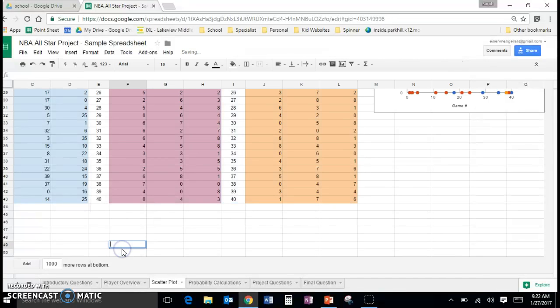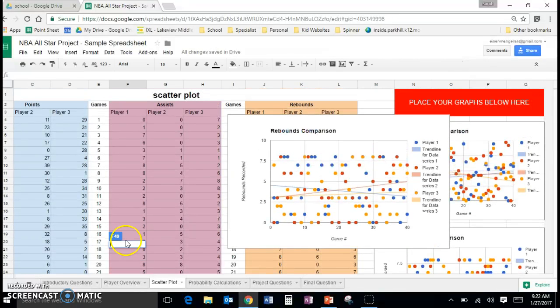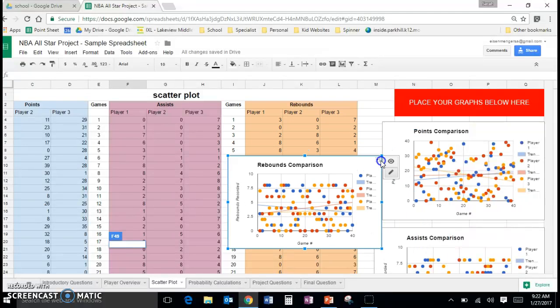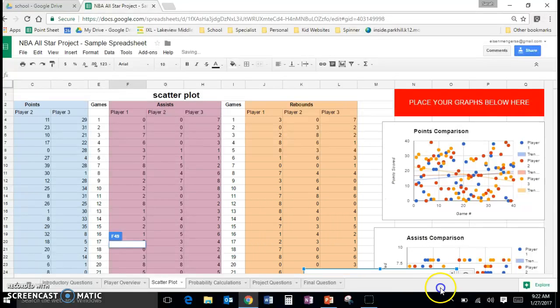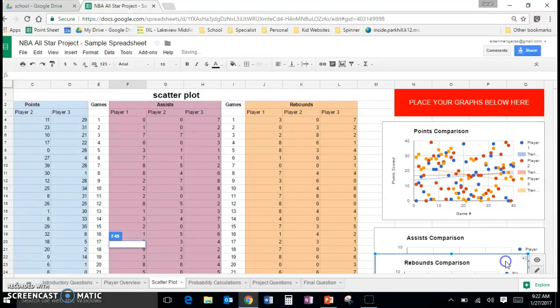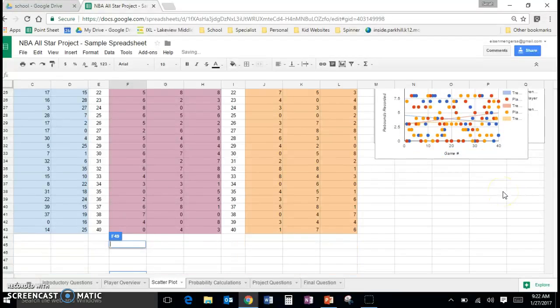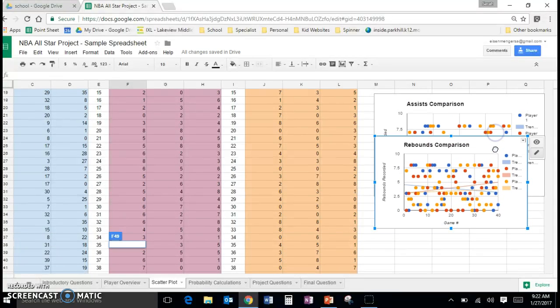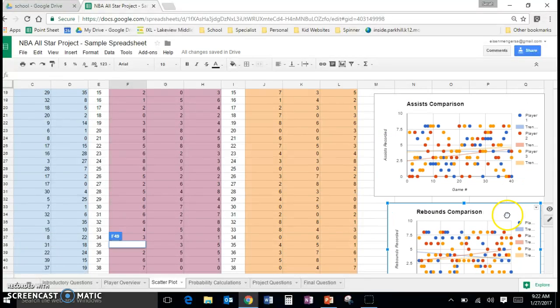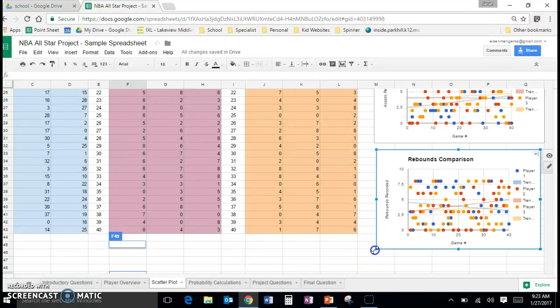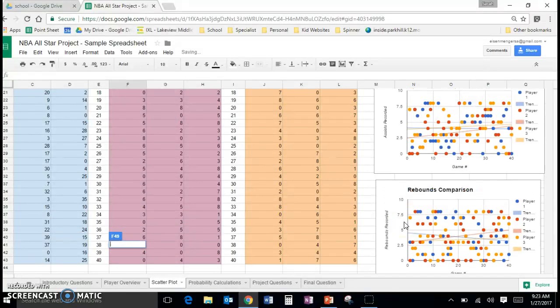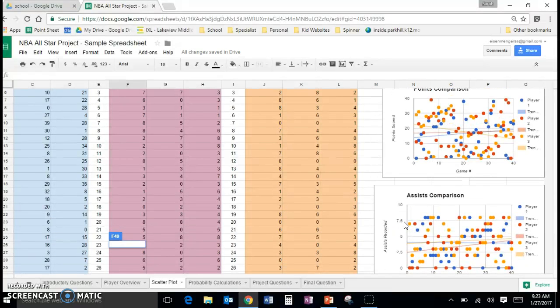And now I'm going to click insert. Here's my rebounds chart. Make it a tad bit smaller. I'm going to scroll down and put it right underneath assists. Now that I have all 3 charts, I'm going to be able to compare my players and use this data to answer